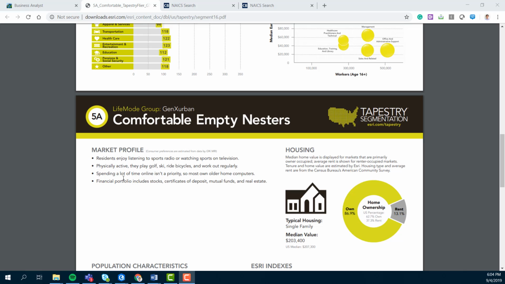This information is critical when it comes to developing a strategy or creating a marketing campaign to reach this specific segment. So as you can see, Business Analyst allows you to access key information to see what others can't and